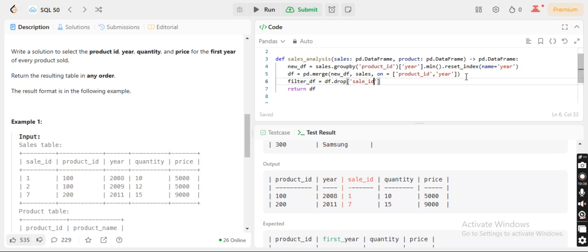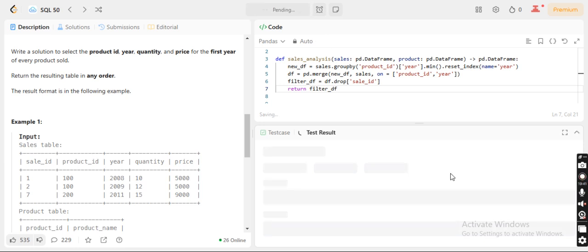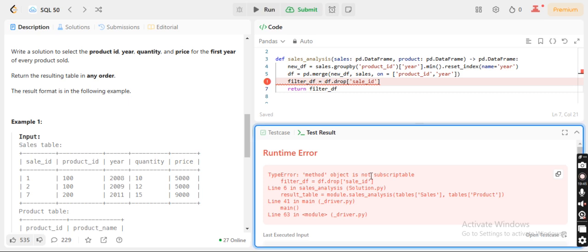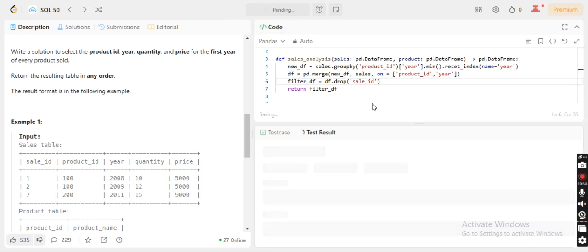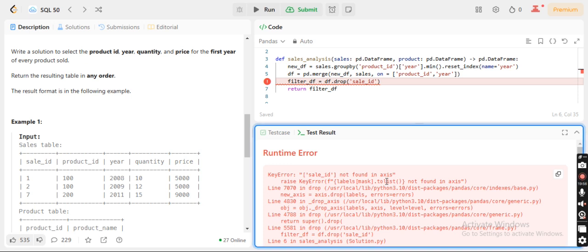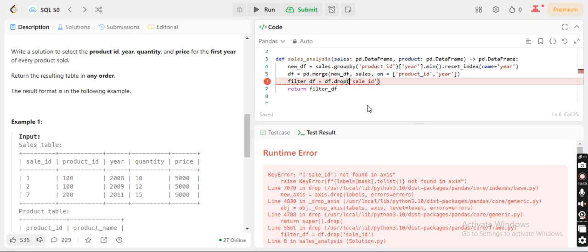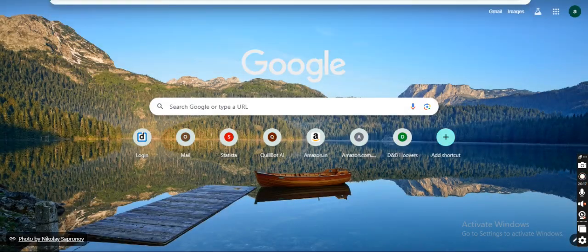Okay, and if I just show you what this filter df is holding right now, okay, drop is a function, so it will come this way, drop by column equals to this. Let's just see quickly what is here, dot drop.